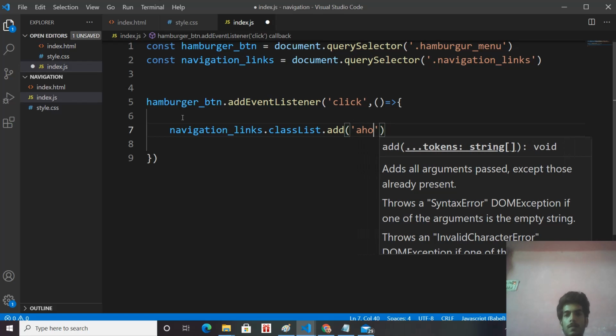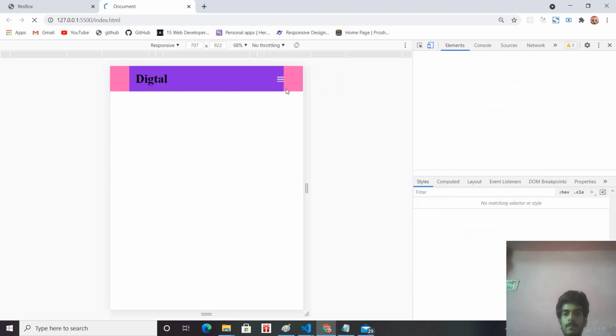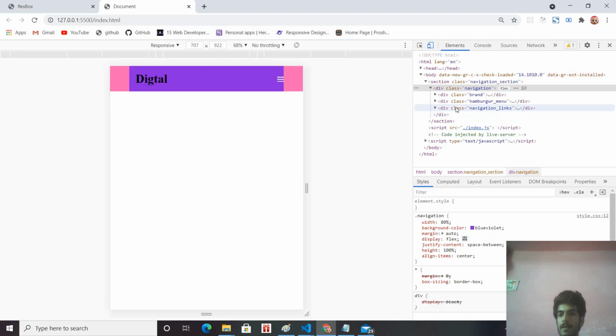show class. And if we go in the screen, and when I click on this hamburger menu, you can see in the right section in the div tag it added the show class. Okay, again let me do it again. See, right now this div tag has only one class, that is navigation links, but when I click on this hamburger menu, suddenly a show class is added to it. So with the help of this show class we can make styling for our navigation links and place it below this container. So this is why we have added show class.